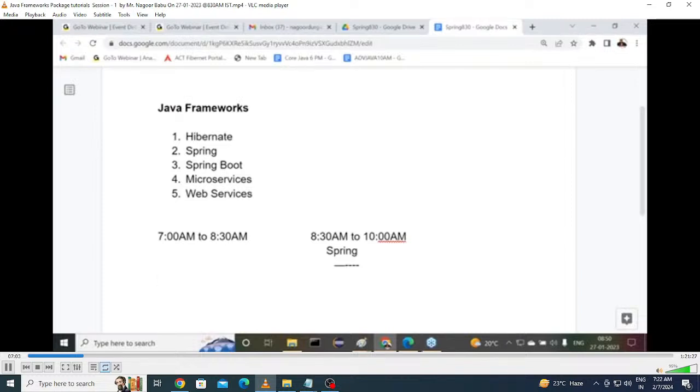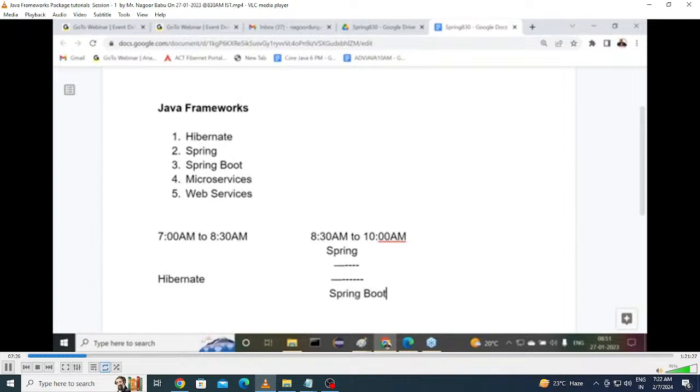Then after a few days, actually servlets and JSPs are going on at 7 to 8:30. When I complete servlets and JSPs, I will start Hibernate there. So Hibernate and Spring are going to happen. When I complete Spring at 8:30 to 10, I will take Spring Boot.